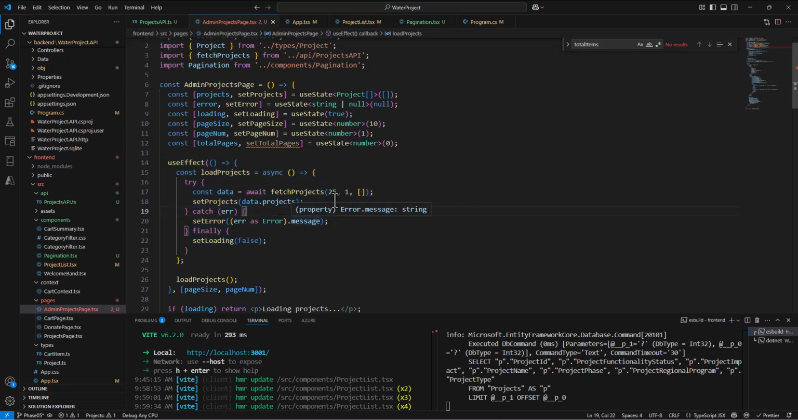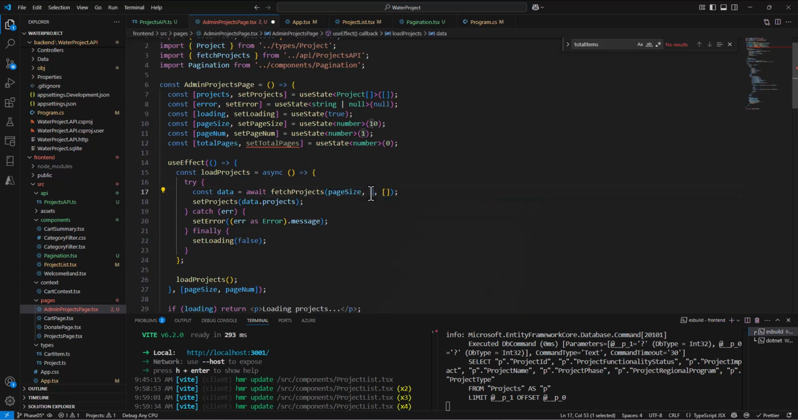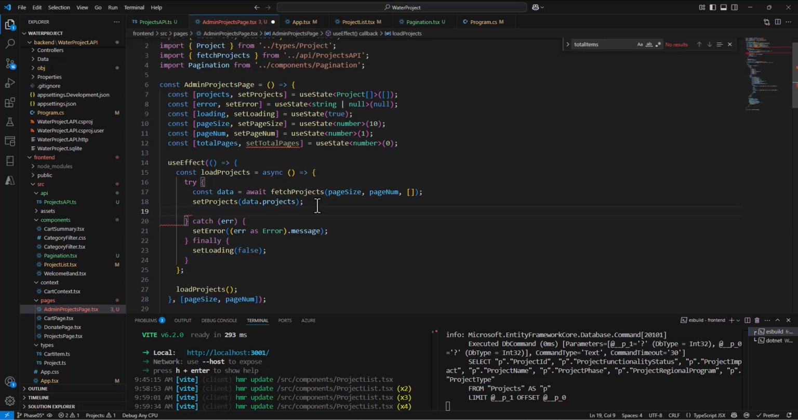Took me a second. So we're currently using hard-coded numbers here for how big is the page size, right? We want to use the variable page size, right? And which page number are we on? We want to use the variable for the page num we're on. And then here, as we grab the data, we need to know how many projects are there. We have to have the code in there to go set total pages to,